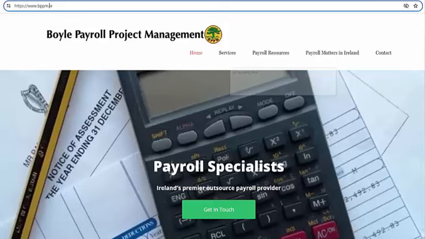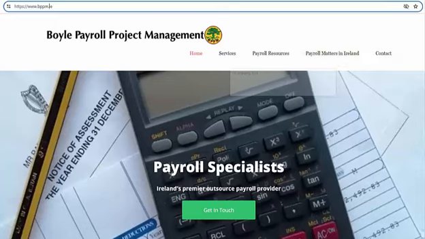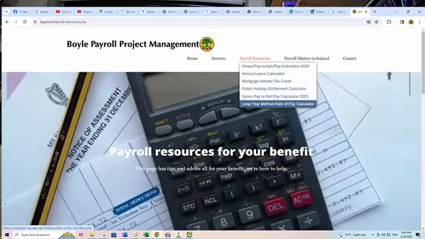Contact information, Workplace Relations Commission, Information and Customer Service, O'Brien Road, Carlow, R93 E920. Your next step is to complete the actual calculator, which you will find on the bppm.ie website, which stands for Boyle Payroll Project Management. On the Payroll Resources tab, click on Holiday Entitlement Calculator.php to start using the calculator.